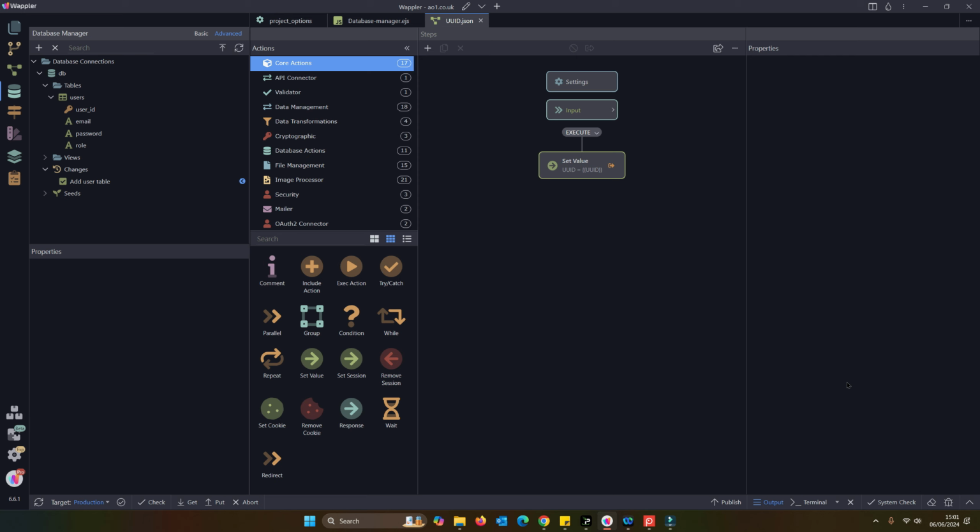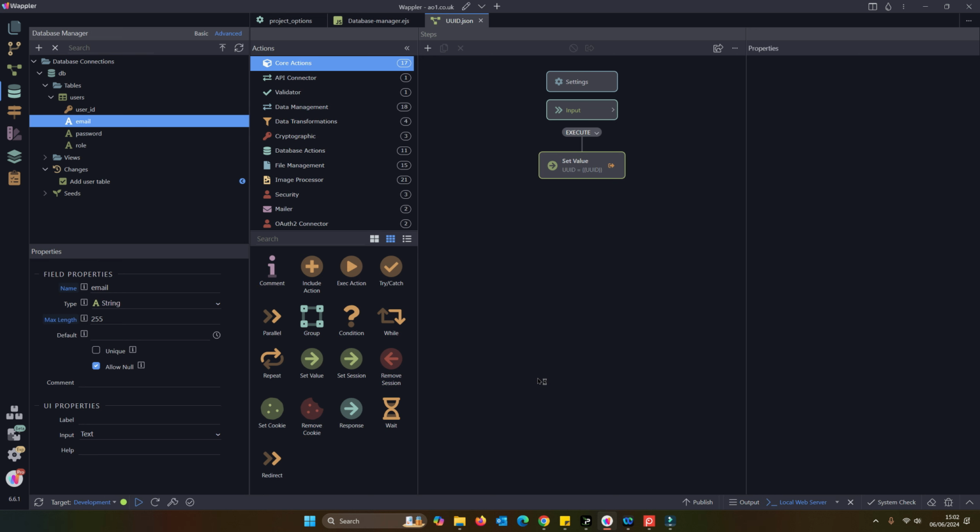We'll now be moving on to looking at how we're going to make relations between tables, etc. I don't think I actually showed you the full list of the... Sorry. You'll see things are grayed out here because I'm still in production. Wappler does not allow you to make changes within the production environment. I'll explain the caveat there in a moment. We can see that we've gone back in. We set that to a string, but we've got a number of different field types that we could have added.